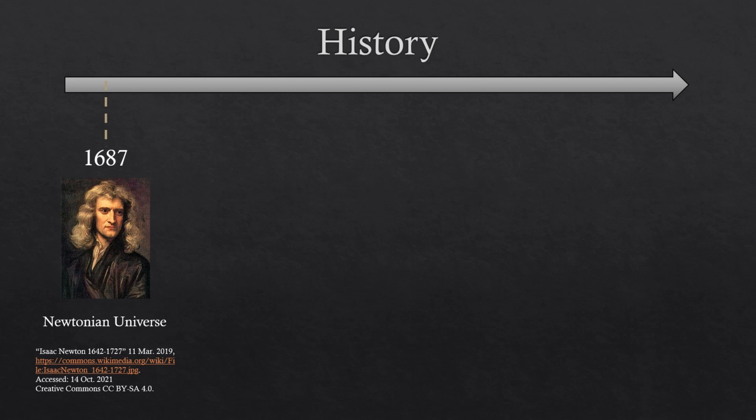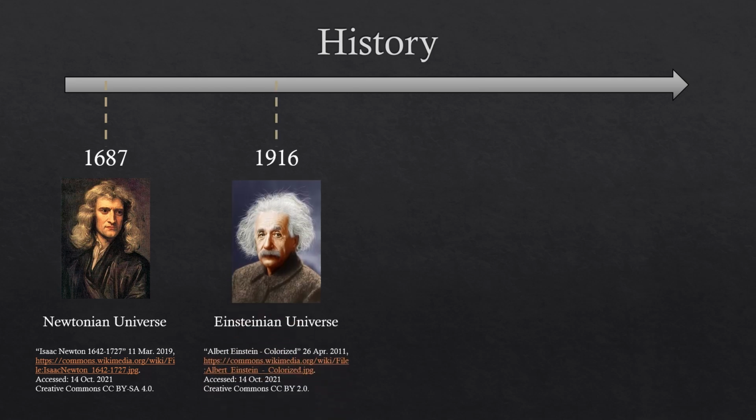Fast forward to 1915, Albert Einstein formulated his general theory of relativity, but according to his calculations, the universe had to be either expanding or contracting. As the accepted view at the time was that the universe was static, Einstein introduced the cosmological constant lambda into his equations to counteract the effects of gravity so that the universe would remain stable. Thus, with these calculations, he published his book titled Relativity, the Special and the General Theory in 1916 to explain